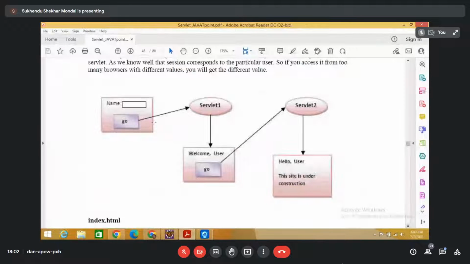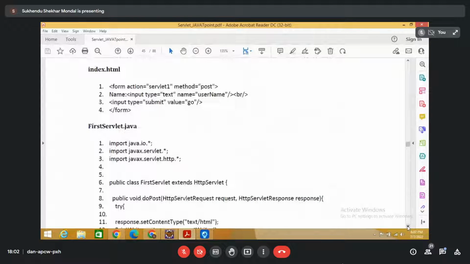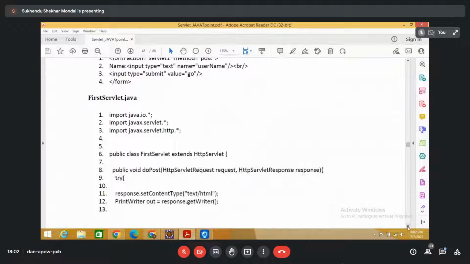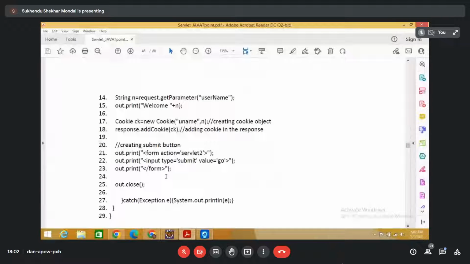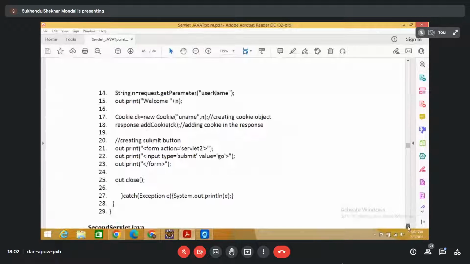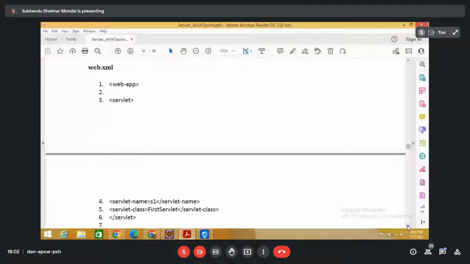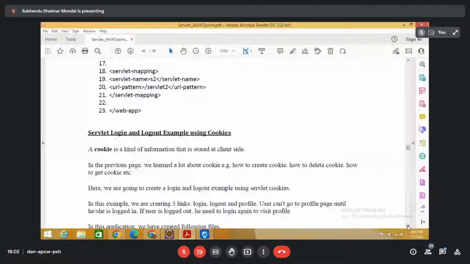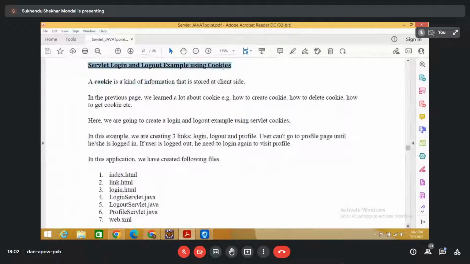ওকে, তোমরা একটু ট্রাই করে দেখো যে এই যে সার্ভলেট 1 এ গেছে, এখানে গো করার পরে সেখান থেকে আবার আরেকটা সার্ভলেটে গেছে, সেখানে ওর নামটা দেখাচ্ছে বিকজ অফ কুকিজ। সেটা হচ্ছে তার একটা এক্সাম্পল। এই এক্সাম্পলটা তোমরা ট্রাই করতে পারো, যে ফার্স্ট সার্ভলেটে গেছে, সেখানে ওই ইনফরমেশনটা ফেচ করছে, সেখান থেকে অ্যাঙ্কার ট্যাগ ইউজ করে আলাদা আরেকটা জায়গায় গেছে, সেখানে গিয়ে ওই ভ্যালুটা পাচ্ছে। সো দ্যাট ইজ দ্য সিম্পল এক্সাম্পল। ওকে, তো আমরা এটা আজকে প্র্যাকটিস করলাম। সো পরের দিন আমরা যাব সার্ভলেট লগ ইন লগ আউট এক্সাম্পলে। ওকে, সো কালকে আমি